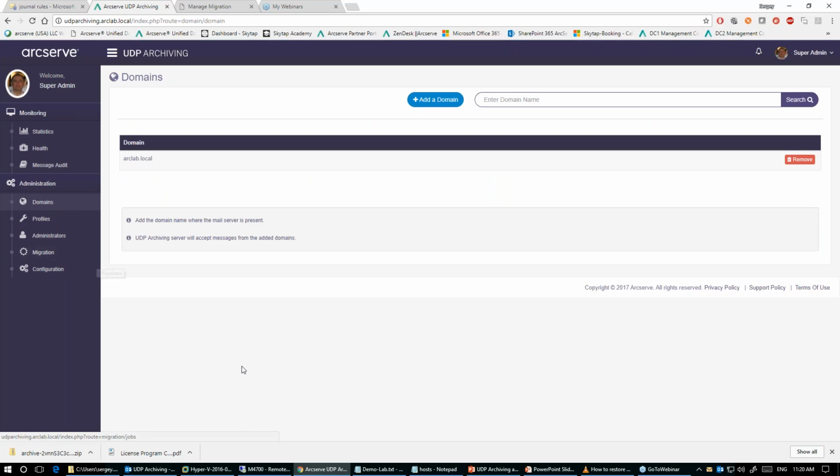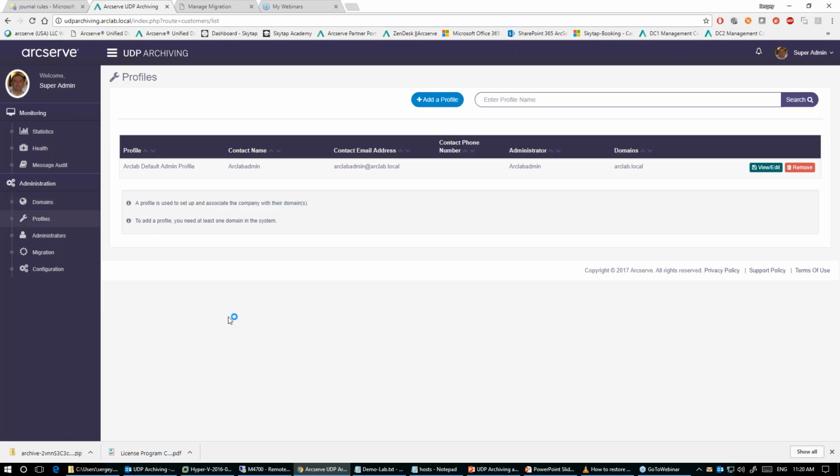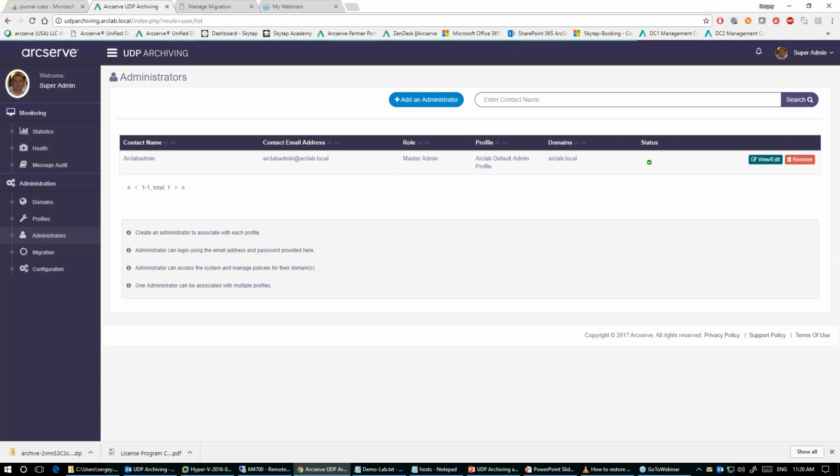And finally, a few core items which super user has to do here. Provide domains. Note that you are not limited to work with only one domain here. You can keep adding as many as you want. Define profiles. So profile will explain what domain this profile belongs to, right? And then in the profile, we will include administrators. So basically, once we map a person to profile, we allow this person to work with this particular domain.